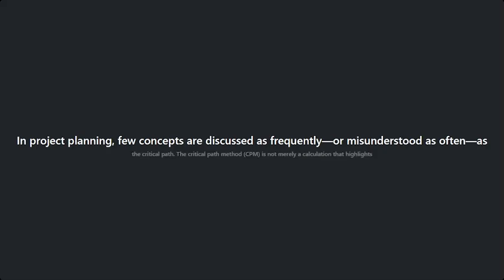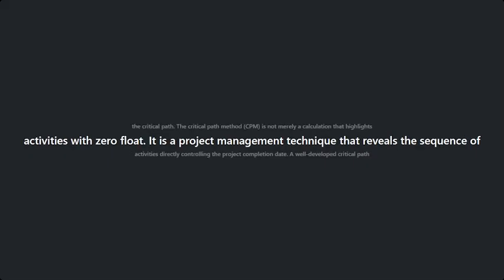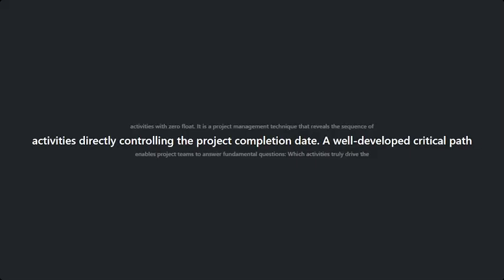In project planning, few concepts are discussed as frequently and misunderstood as often as the critical path. The critical path method, or CPM, is not simply a calculation that highlights activities with zero float. It is a project management technique that provides visibility of the sequence of activities that directly controls the project completion